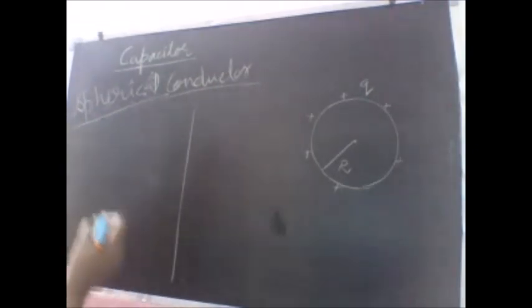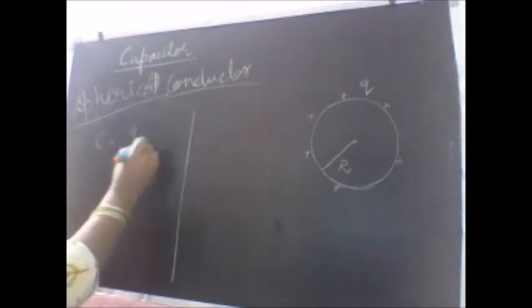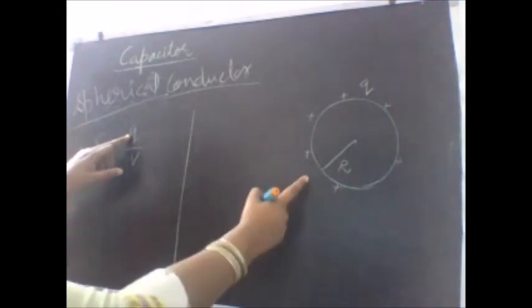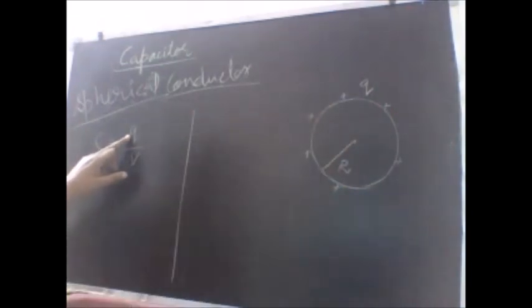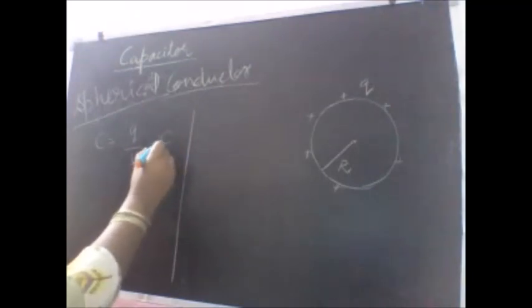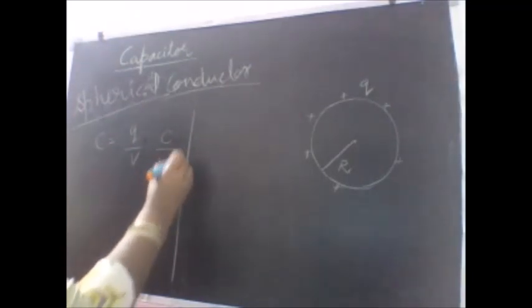So the formula that we have just understood for the capacitance C is Q by V. We can note down the definition that C is the amount of charge, maximum charge, that can be deposited at the surface of the conductor at a unit potential. What about the SI unit? SI unit is simple. For charge, the SI unit is coulomb. For V, which is the potential, the SI unit is volts.